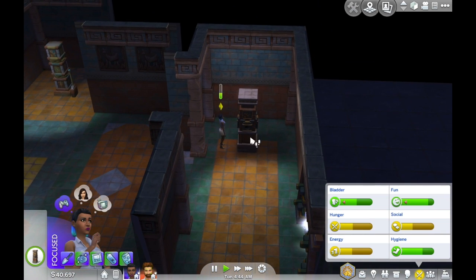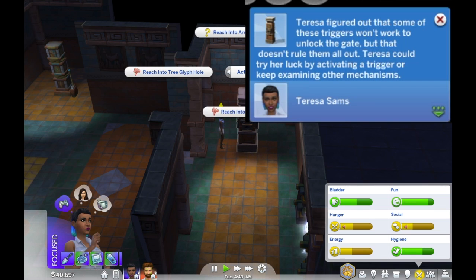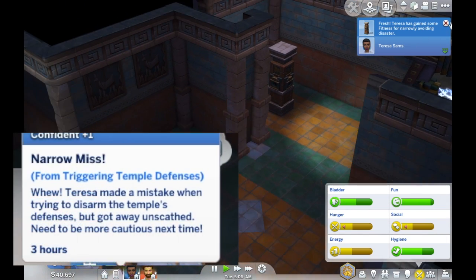And what do we got here, Teresa? What have you found us? Teresa figured out that some of these triggers won't work. No! We're gonna have to just try it. Please work, please work, please work. Narrow miss. Oh, that's just...